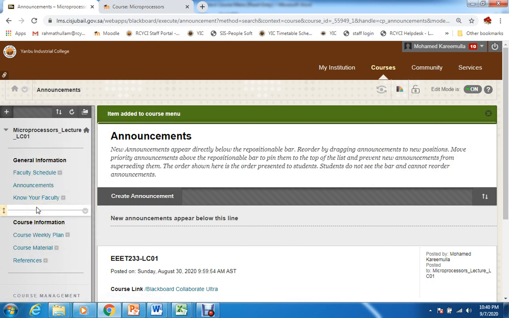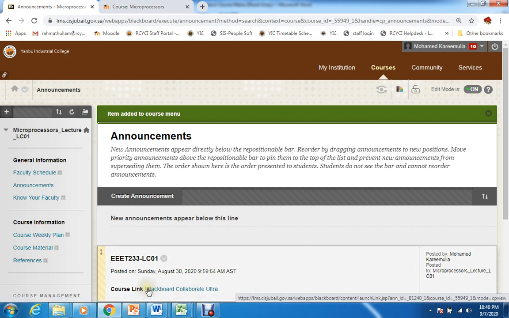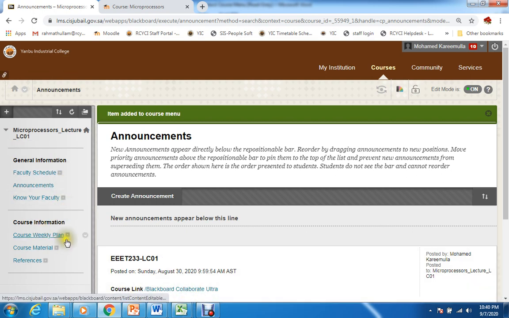Like this you can plan it whatever the items you want, according to your requirement, according to your course, according to your department, according to your college. So nobody will ask. The e-learning agency will never ask you why your course menu is like this. Okay, so designing of the course menu is done.